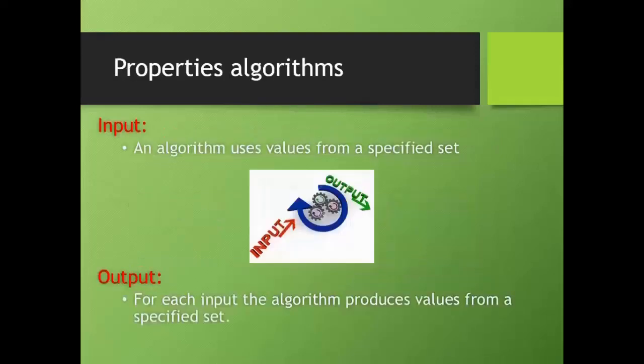Now, there's certain properties of algorithms that we have to agree upon in order to do much of anything. Every algorithm has an understood input. It uses values from a specific set. So then it says this algorithm is used on integers. For that input, there's an understood defined output. When I run this algorithm, this is the data value or output that I will generate for you. It produces certain values from a certain specified set.